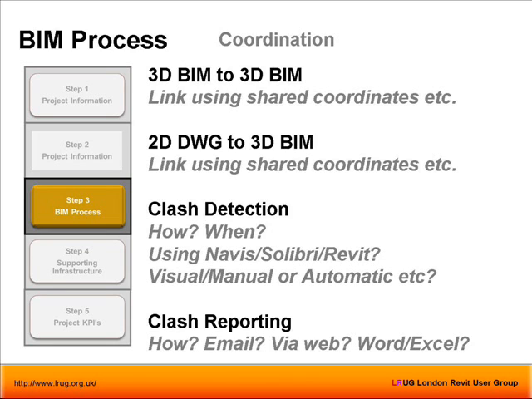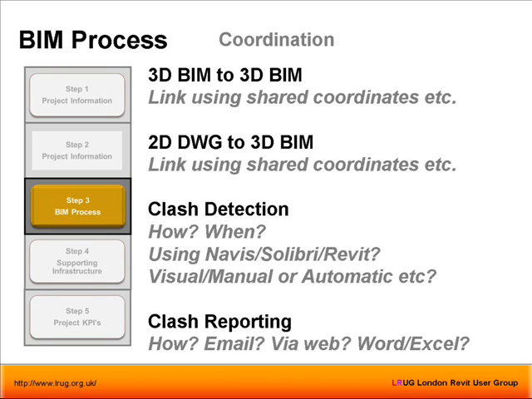Next one, coordination. This is another important one. How are you going to do 3D to 3D BIM coordination, 2D to 3D BIM coordination as well? As we stand now in the industry, we still have 2D DWGs as our official deliverables. If you're linking 2D drawings to your 3D model, you need to establish some basic protocols so everybody knows how